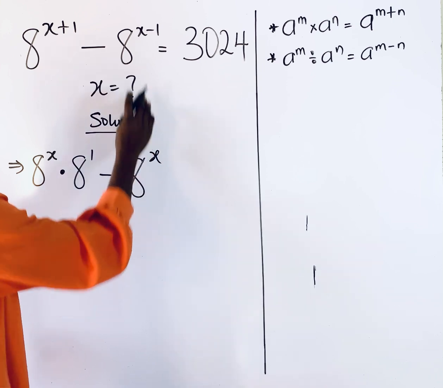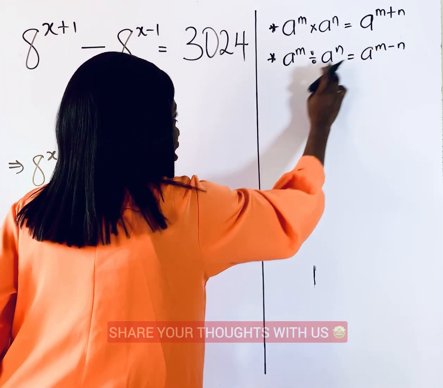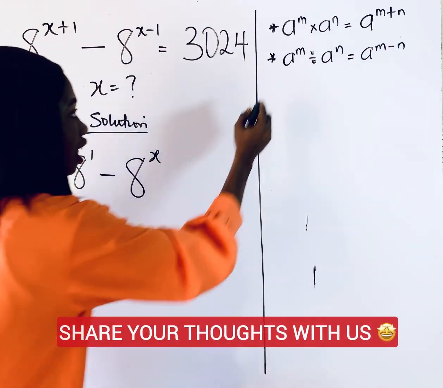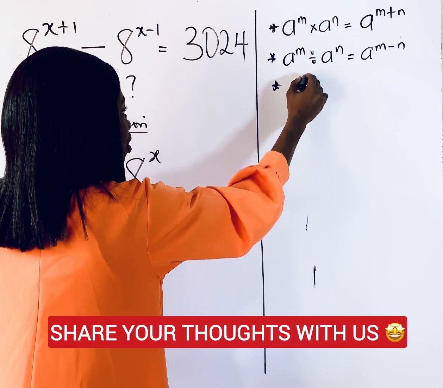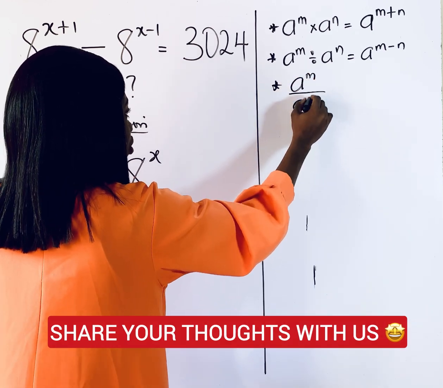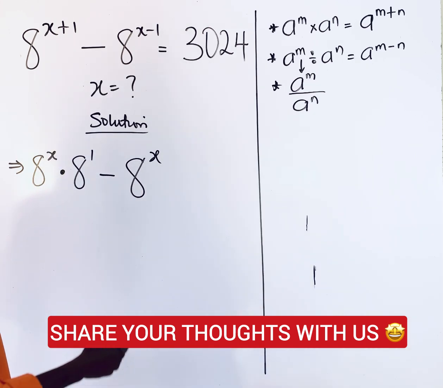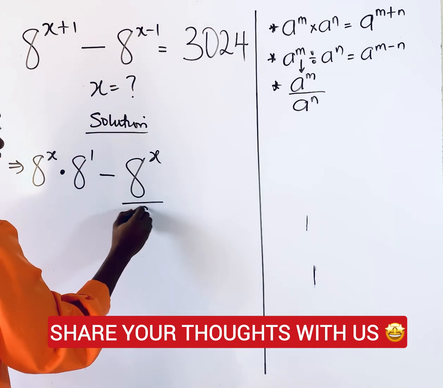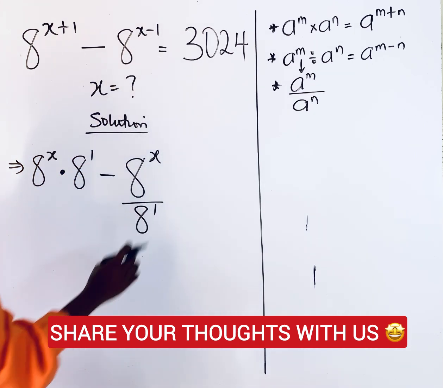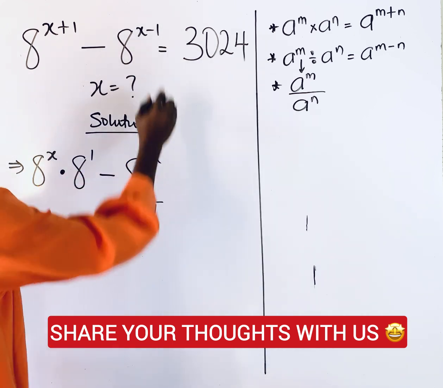Now remember we said when it's subtracting, it means division. And you know that this can also be written as a to the power of m over a to the power of n. So this and this are the same. I hope you know that. So in this case, we can write this like this, 8 raised to the power of x times 8 raised to the power of 1, okay? And is equal to